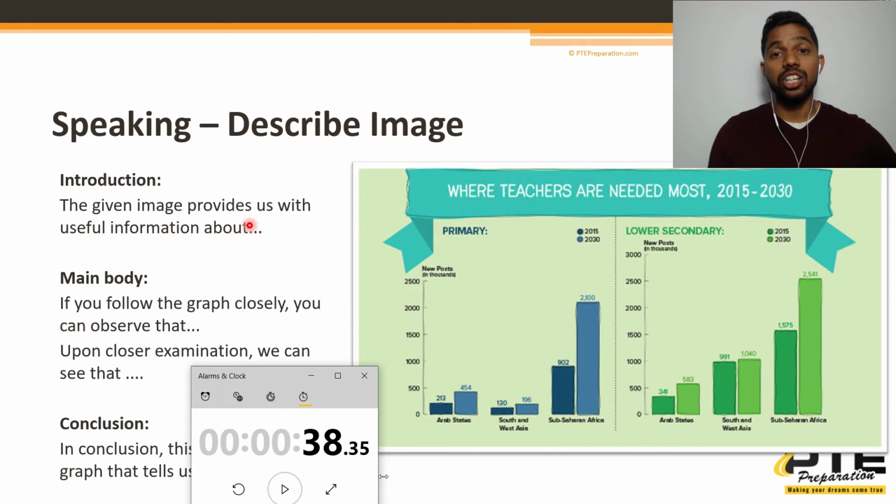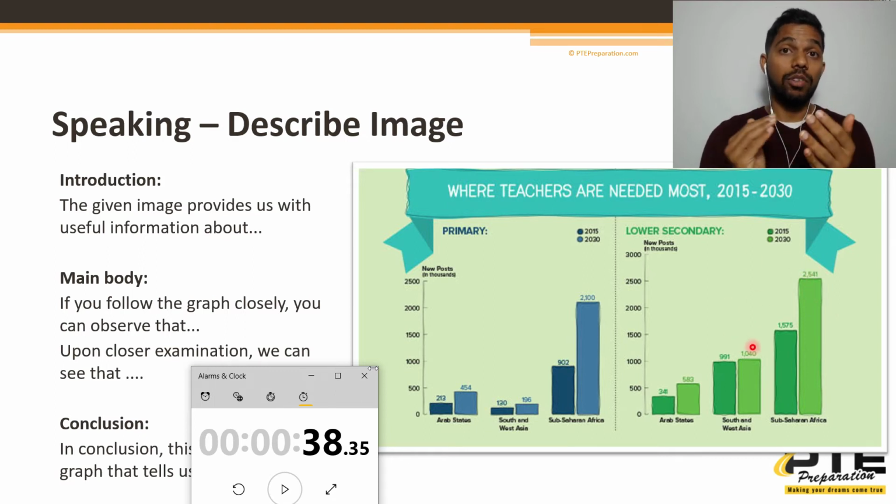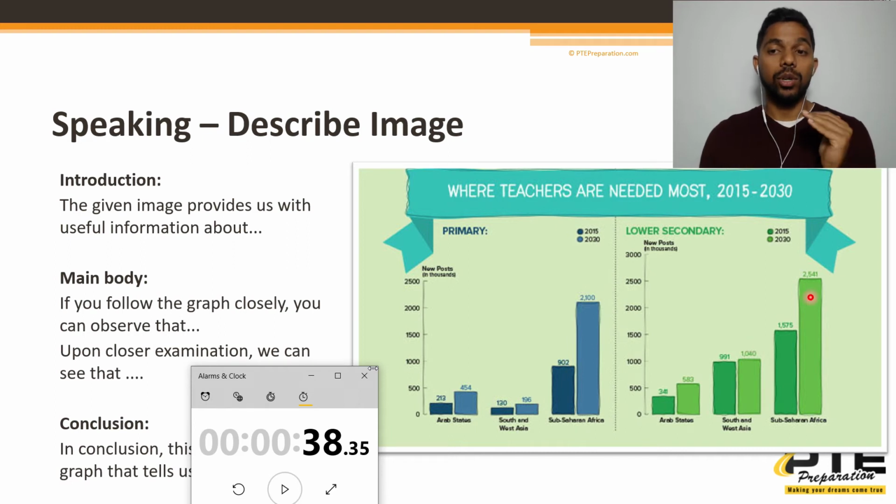So for example, in the introduction, I just read this label basically in addition with the template. In the main body, for the first one, I talked about this high point over here. Now, even as I was saying that, I missed out on maybe saying the year. It's impossible for me to look at the number, this label and the year, so don't worry about getting hung up on those details. If I try to cover everything in the sentence, I would have had pauses and then I would have got stuck. So I just said whatever first came to me.